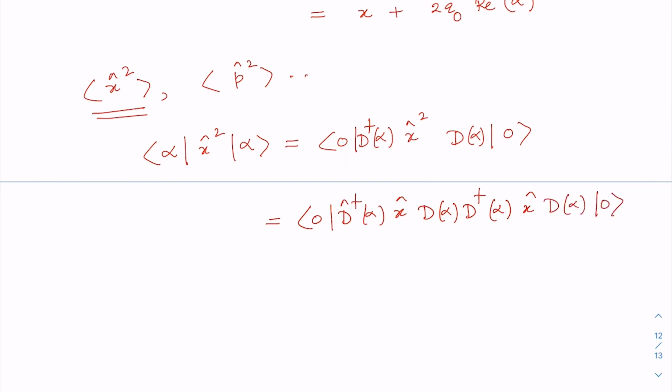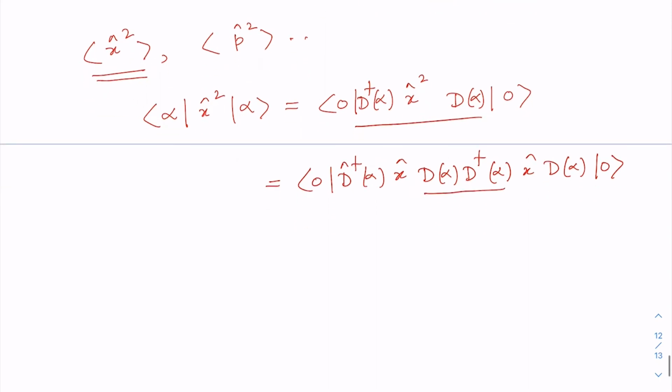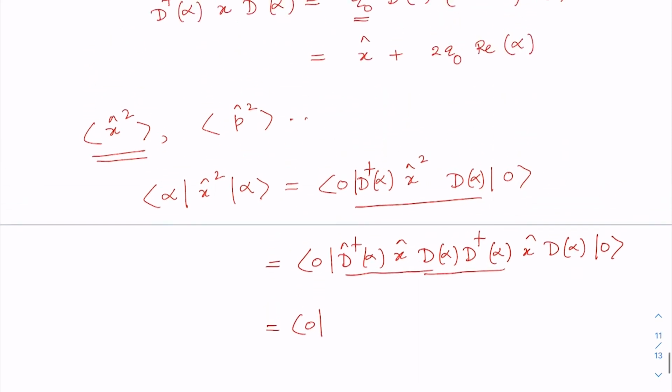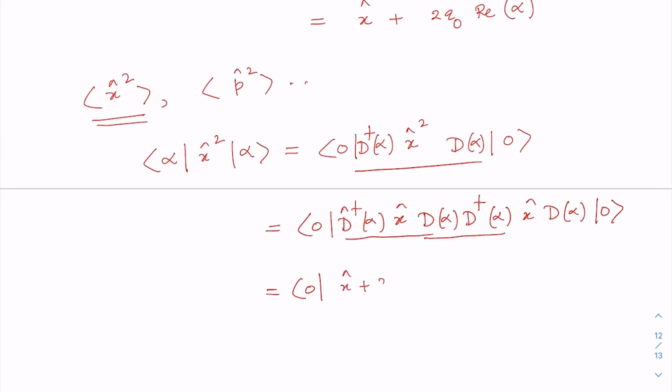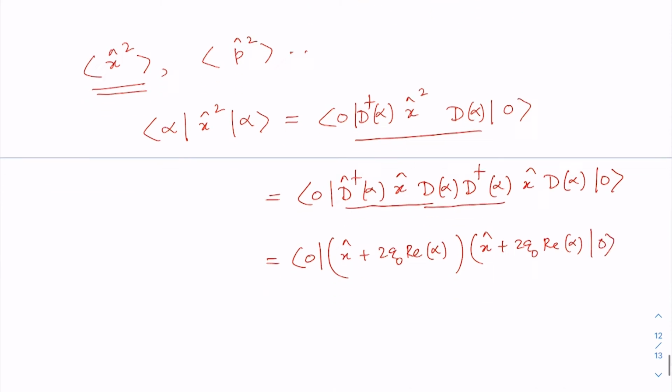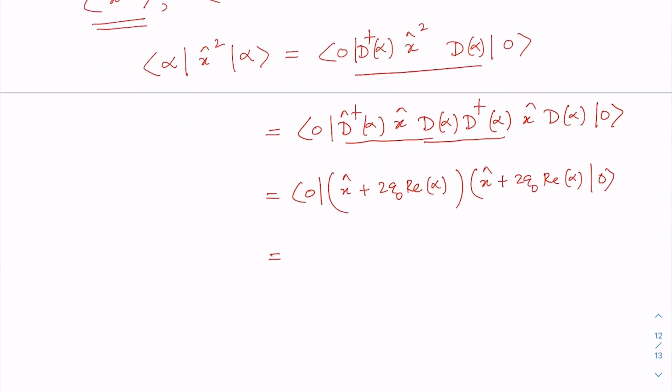0, in this case 0. I think you are getting it. This is the identity operator, okay, from here. And because I know this relation already, we know that this is x cap plus twice q0 real part of alpha, and the other one is also x cap plus twice q0 real part of alpha. So it is very straightforward to work it out. If you work it out you will get simply q0 square plus 4 q0 square real part of alpha square,